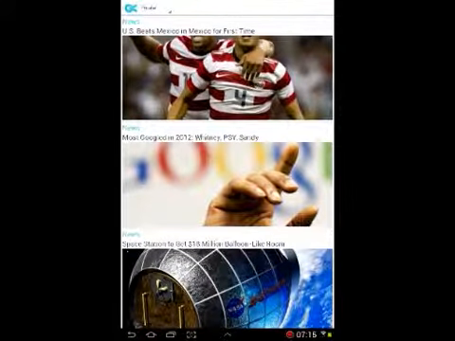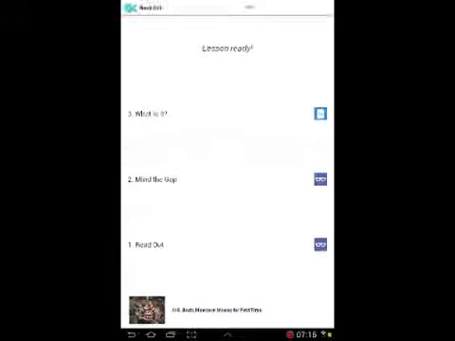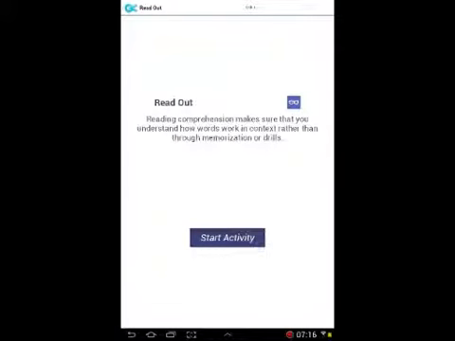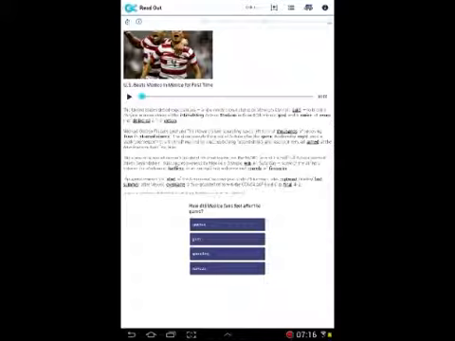So let's have a look at the USA versus Mexico, in Mexico for the first time. It tries to deliver these short lessons, normally based around some sort of reading text. The first thing is some kind of reading. Let's click Start Activity. You've got a short text there, and you can listen to it at the same time.